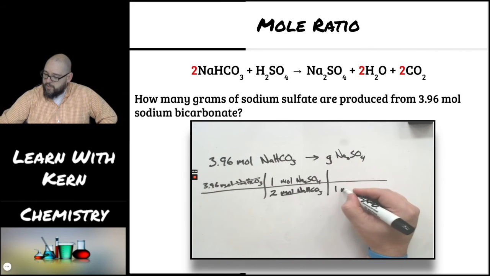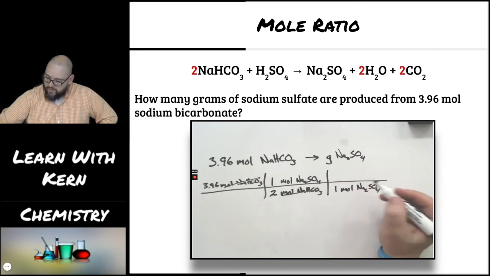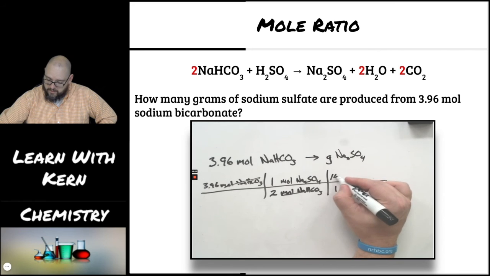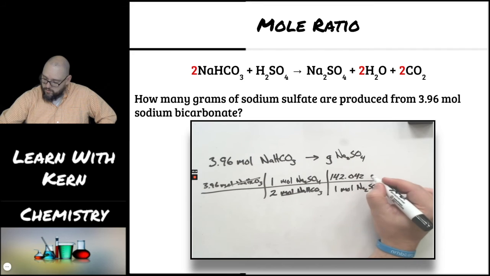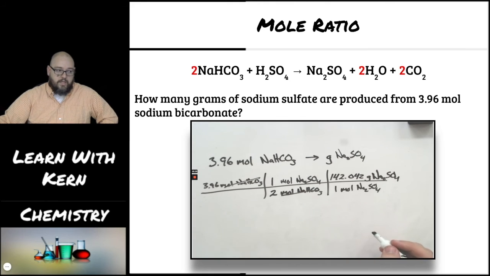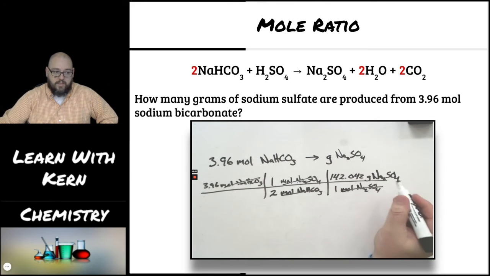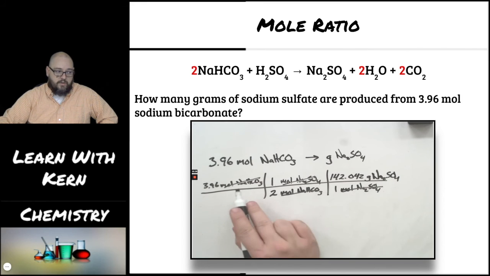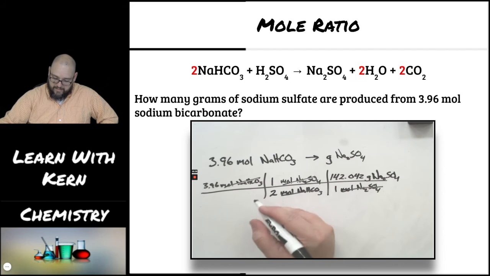So I need to convert my moles of sodium sulfate to grams of sodium sulfate. So the molar mass of sodium sulfate is 142.042 grams of sodium sulfate. And so now my moles of sodium sulfate cancel. I'm left with grams. So now I can multiply my numbers and divide by 2, and that gives me an